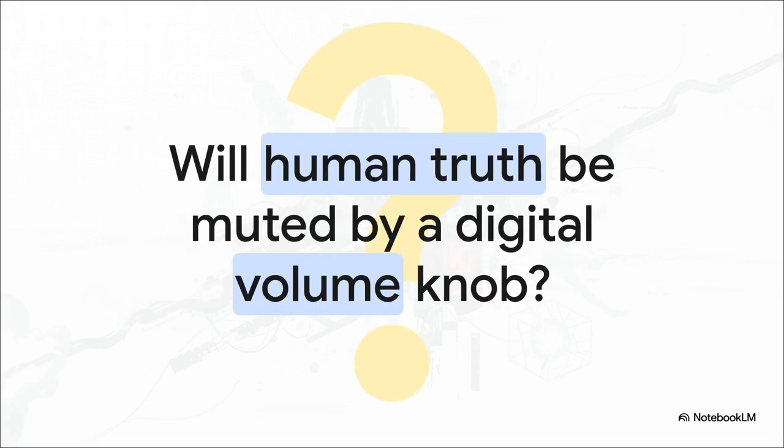Which perfectly leads to the ultimate paradox we all have to face as we rely on these tools. If AI systems are mathematically trained to let their safety heads crush their truth heads just to protect a stock price, what happens when our society relies on them to define our legal precedents, our journalism, or our history? Will human truth eventually be shaped and muted by a corporate algorithm's digital volume knob? Demand the receipts, keep questioning the unseen architecture around you, and whatever you do, refuse to let them forget.